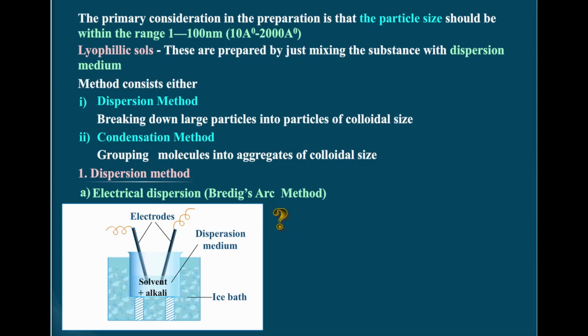The mixture is kept there in the beaker. The dispersion medium is there. The dispersed phase is there, which is kept in an ice bath. So the first thing is an electric arc. For example, if you're going to prepare a gold sol, that metal is taken as the electrodes. Here the electrode consists of the metals that you are taking. And when an electric arc is struck between the electrodes of the metal, which is immersed in a dispersion medium, the heat will vaporize the metal. And because it is placed in an ice bath, the condensation also will take place. So this is both dispersion and condensation.